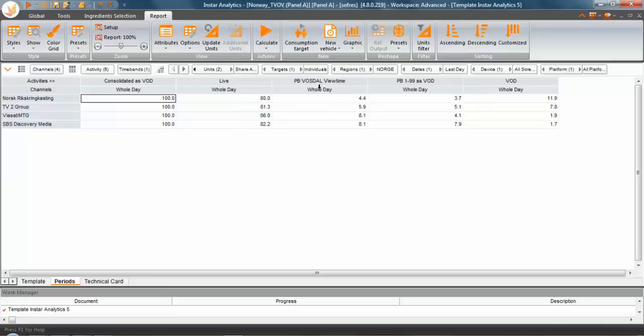4.4% were done on Vostal, so again, recording and playback on the same day. 3.7% were people that played back Norsk recorded material from the previous day. They were recorded the previous day, but they were played back on that particular day. This is when they actually were viewed. And then 11.9% of all the viewing on Norsk channels was coming from video on demand, so from streaming services,